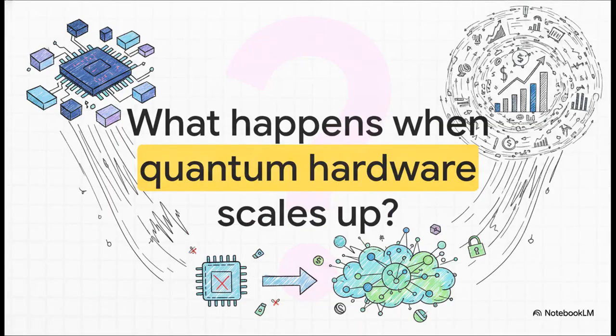But the proof of concept is undeniably here, and honestly, it leaves us with a massive question. If an algorithm running on just 8 simulated qubits can beat our most advanced classical neural networks today, what on earth is going to happen to global finance when real, physical quantum hardware scales up tomorrow? We're standing right on the edge of a computing revolution that is going to completely rewrite how risk, money, and data are